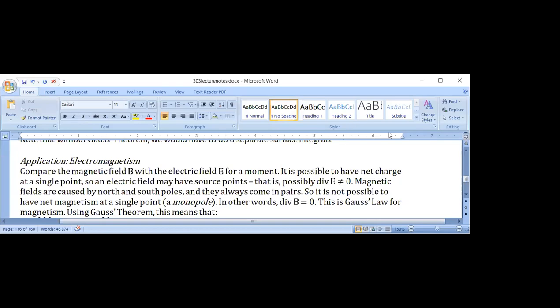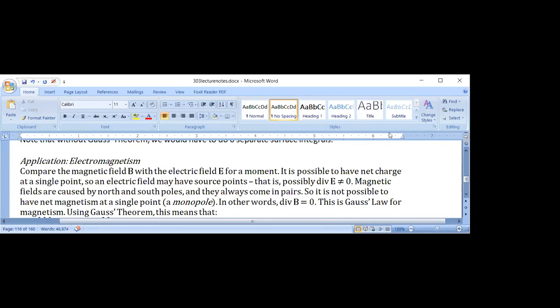So now let's talk about some applications of Gauss's theorem. The first application I want to talk about is from electromagnetism. Let's think about the magnetic field B and electric field E for a second, just as an idea. So electric field E comes from a charge, and it is possible to have a net